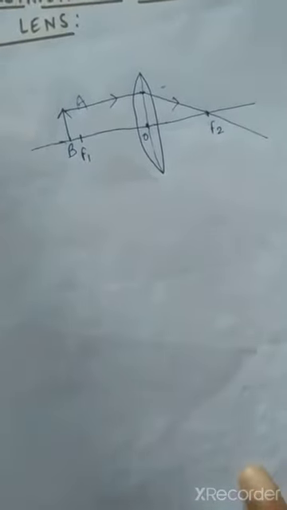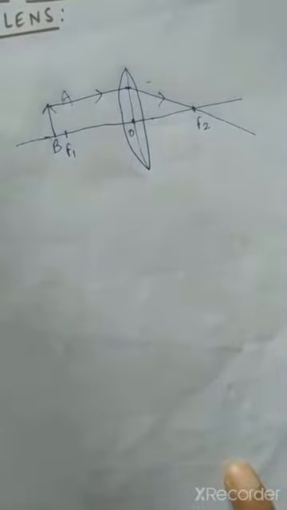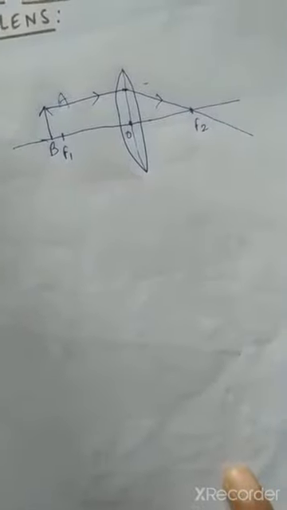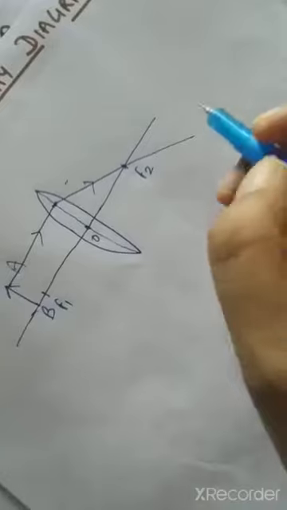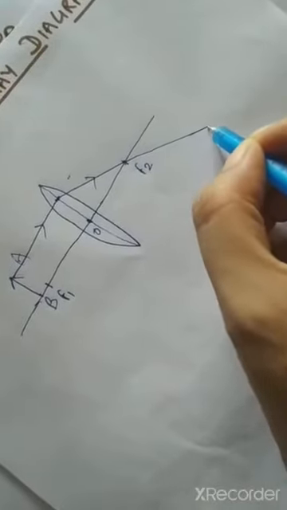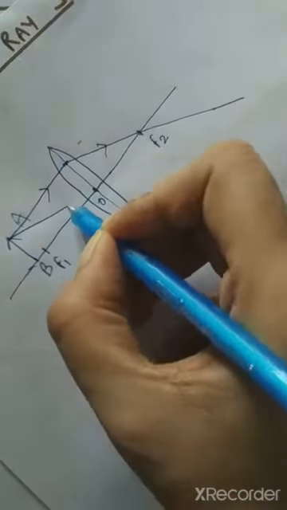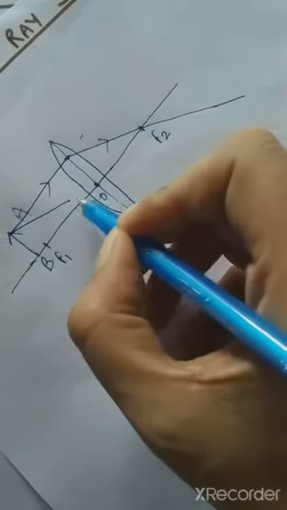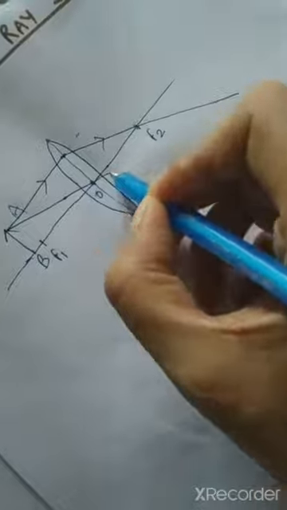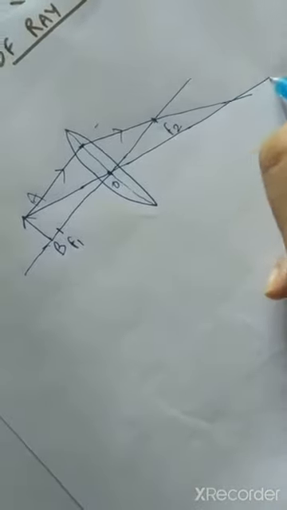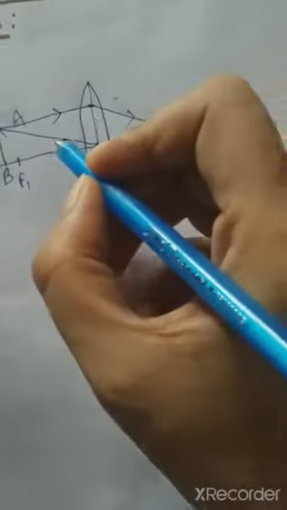So now this is the first ray of light. Now the second ray of light that you have to choose is the ray of light passing through the optical center. For that you will use the scale. You can draw it with a rough hand also, no problem, but use a scale, it will look nice. So take a scale and draw a line passing through this optical center. So you will find out that these two rays of light